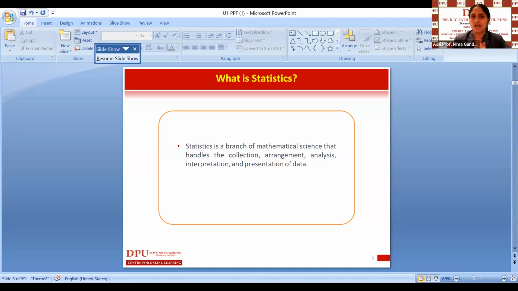Okay. So we have seen what is the collection, what is the arrangement, what is the analysis, what is the interpretation. Sometimes you just don't want to do the analysis or interpretation. You just want to show your data in charts or graphs so that it will be easy to understand. If someone wants to use your collected data, or summarize your data, or find out the interpretation on the basis of your data, sometimes you arrange the data in